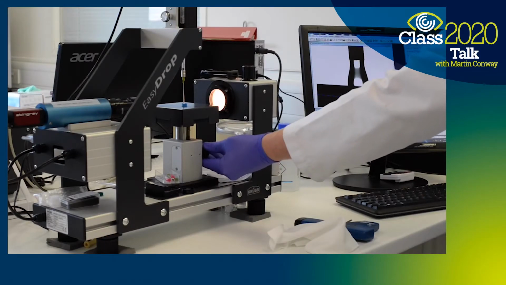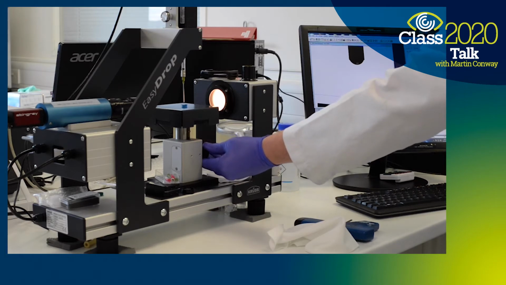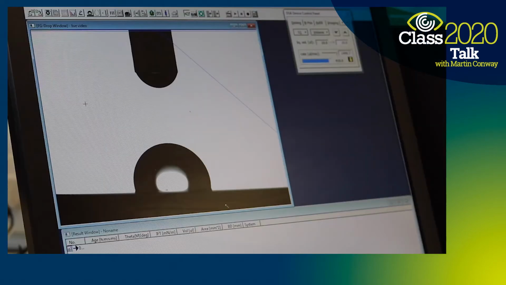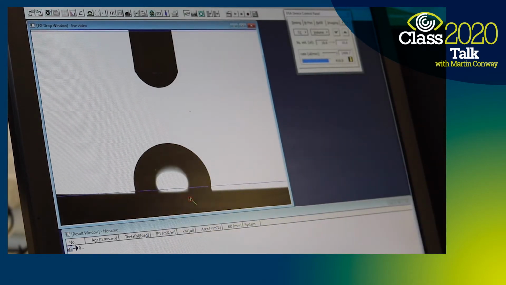There's a light source that you can see there to the right, which will shine through the sample, and the image will be picked up by a high-speed camera to your left. Here's a view through that camera, and it's the angle that that droplet forms that we'll be measuring. Here we can see that image saved to the computer,